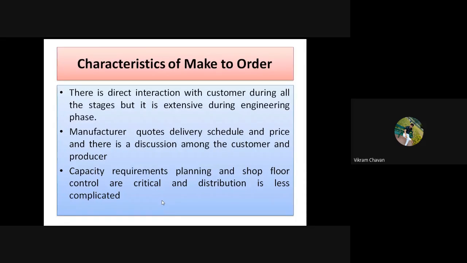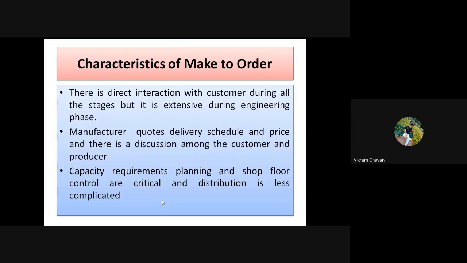The manufacturer also quotes the price and the delivery schedule. Delivery schedule means how much time is required to complete the production and deliver that particular product to the customer. So that is nothing but the quotation for the delivery schedule and the quotation for the price. Then